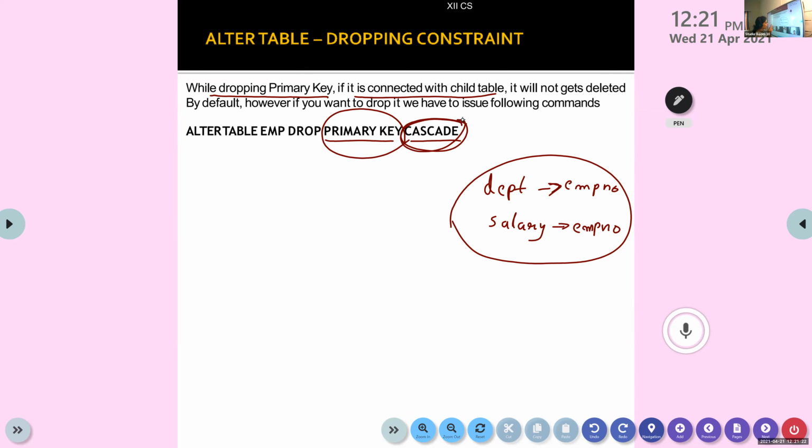Cascade means whatever reference you have made with this primary key will be deleted. Not the values; actually the foreign key constraint will be removed. Now there is no more foreign key in this table, because a foreign key must be a primary key of some other table.